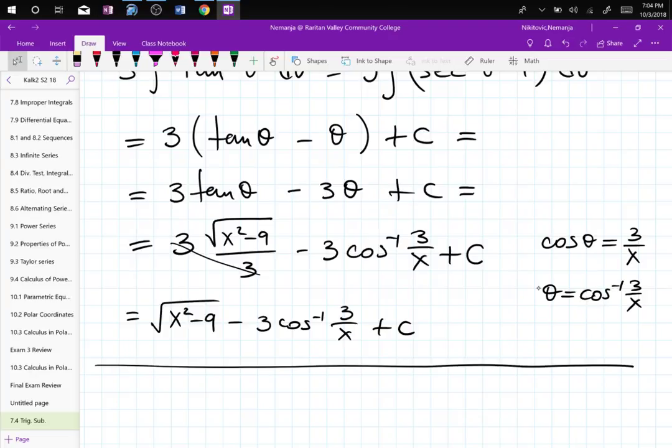So if the x is greater than 3, anything? Yes, means that x is greater than 3. You can pick any x bigger than 3 and the problem will work. If you pick anything less than 3, the problem will not exist. Because if you think about it, over here,